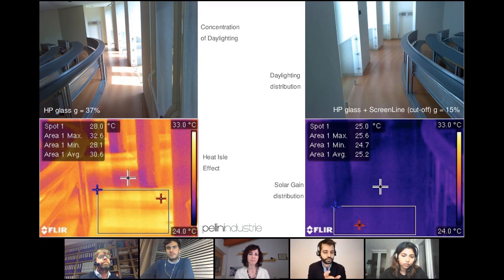Besides looking at the heat island effect that we see on the left and not seeing the heat island effect on the right, we have to consider that we don't have G value 0% on the right. This 15% is much more distributed inside the room. And there's even an analogy between the daylight distribution and the temperature concentration and the solar gain concentration. So the moment that we find a way, with the shape of my facade or the way I'm shading my facade, to distribute daylight, I'm also finding a way of distributing solar gain,